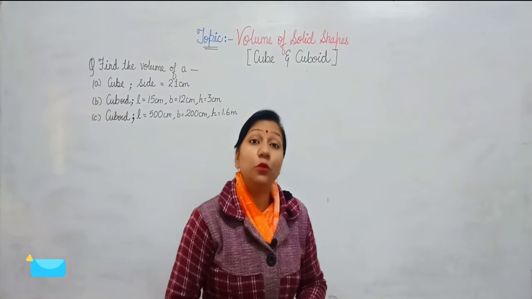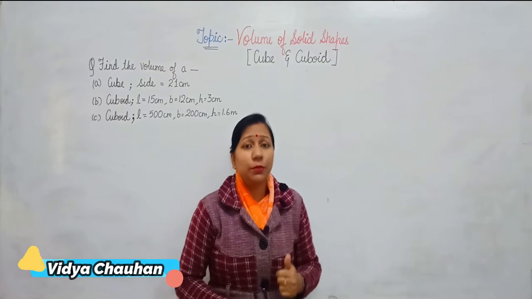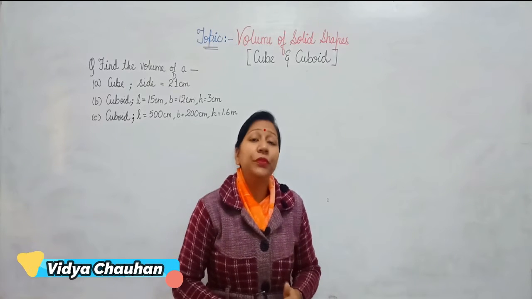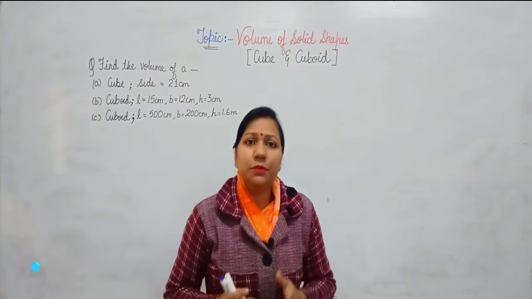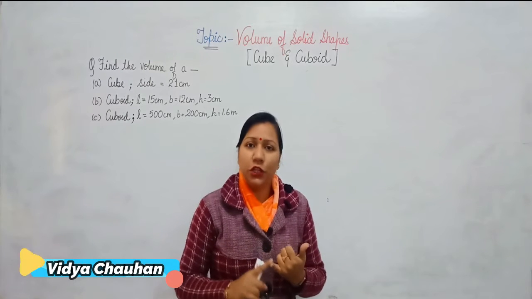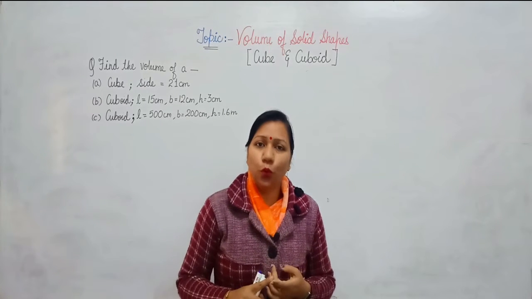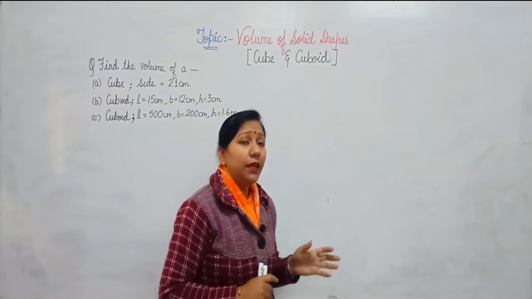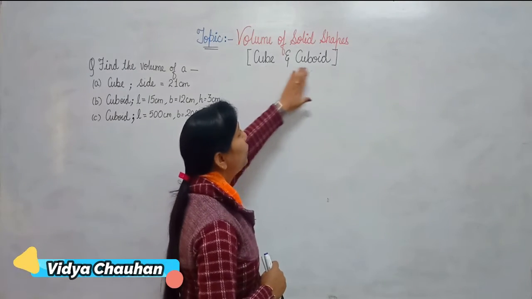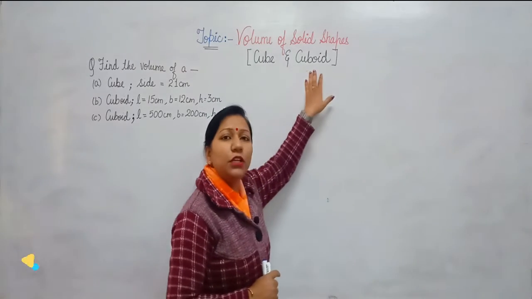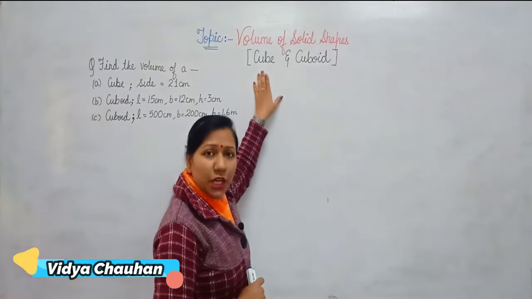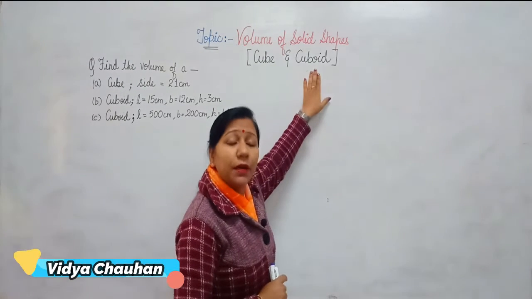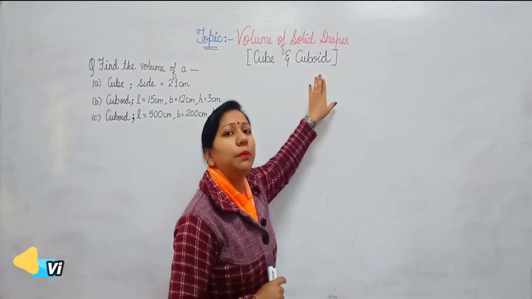Today we are discussing volume, and volume is to be calculated only in the case of solid 3D shapes. You have studied many solid shapes in your previous classes, that is cube, cuboid, cylinder, cone, sphere, hemisphere. Now in this chapter today we are going to discuss the volume of two of the solid shapes, cube and cuboid. Cube is a solid shape made from the shape of a square, and cuboid is a shape which is made from a 2D shape, rectangle.